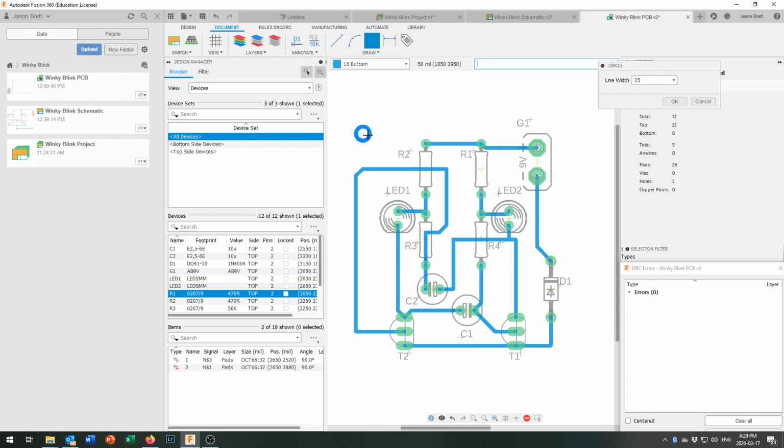So you can come in here and draw a circle about right there, and draw a circle down here, down here, down here. We may be overdoing it with four drill holes on there, but you can get them nice and